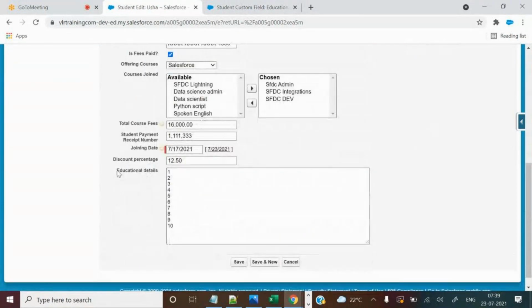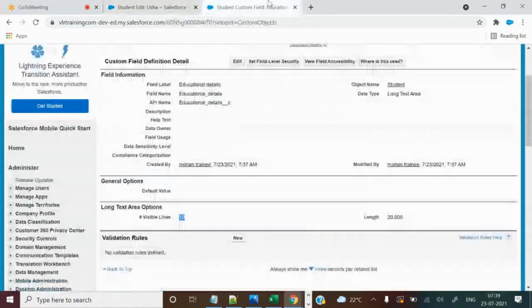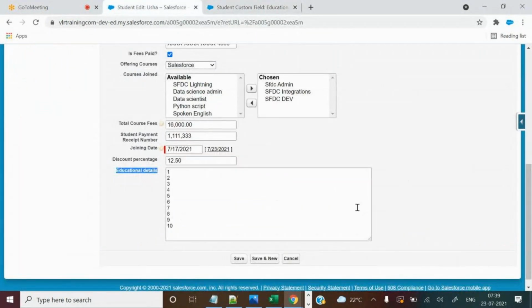And in text area long, how many characters can you enter? 20,000 characters you can enter. Or if you want, you can increase this character length up to 1,31,000. Okay, that's it. So educational details, right? SSC, you can mention like this, not a problem.